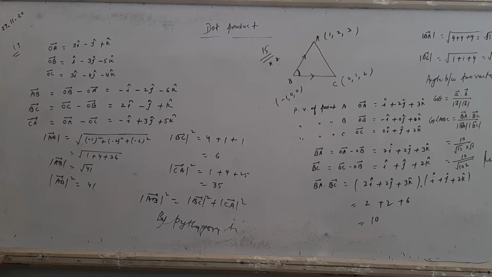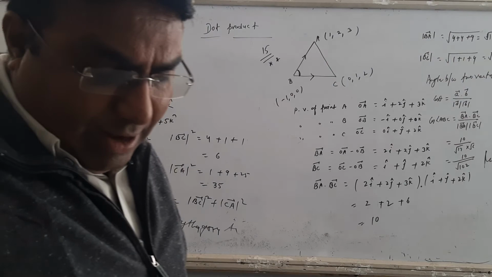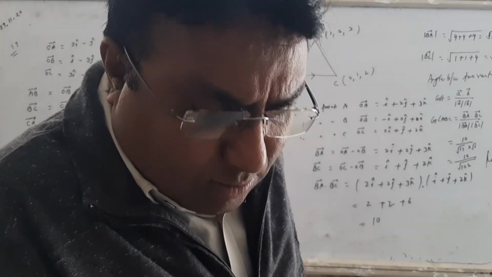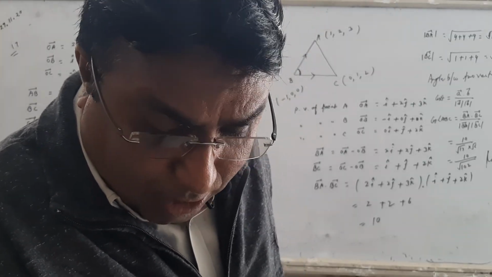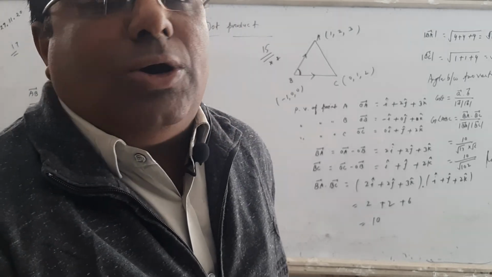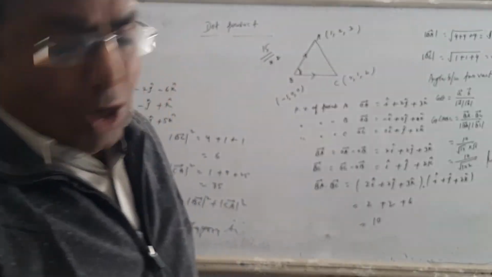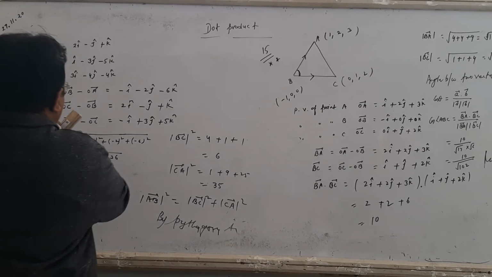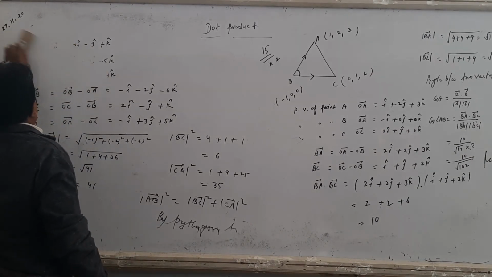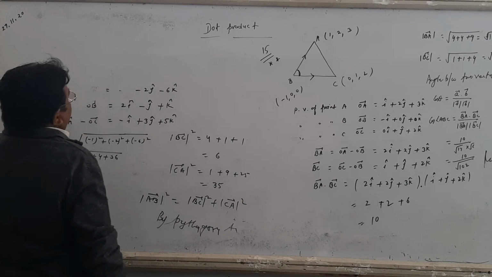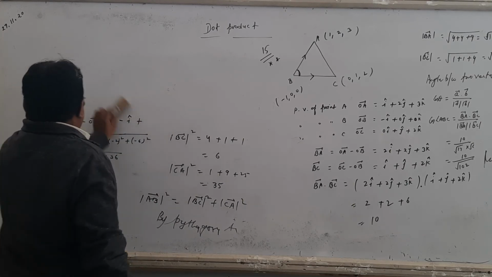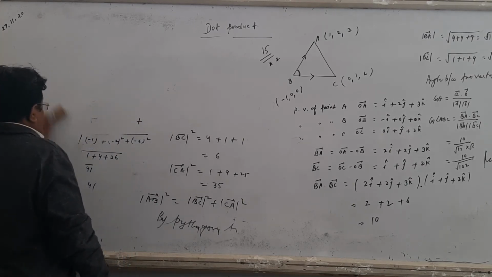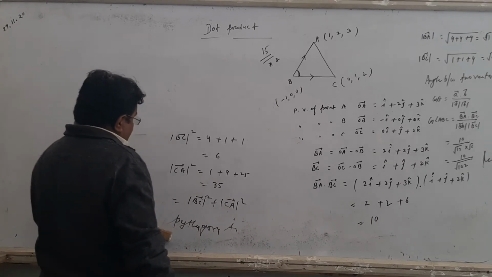Now student, this is a dot product, and in dot product, maximum questions totally depend on the formula, but another product is the cross product. Cross product, which we also call vector product. And student, in dot product, what is the first formula of A dot B? A dot B equals magnitude of A, magnitude of B cos theta.